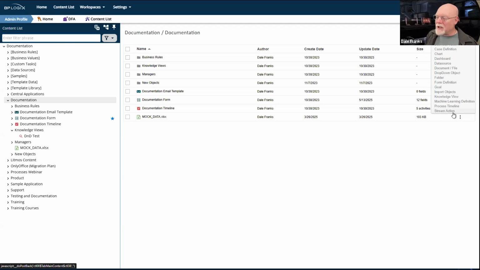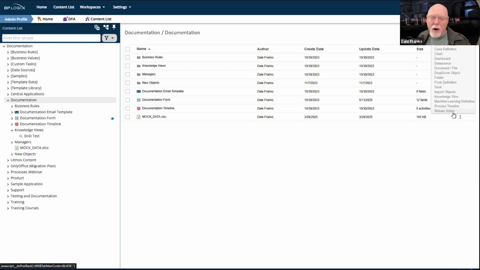But this does not affect existing workflows. So your existing workflows will continue to work. In fact, we're not even going to strip workflows out of the product next year. They're still going to be there. We're just not going to offer any more support for any of the existing workflows. So ultimately, you are going to have to convert any workflows that you have to process timelines. But we are not going to start rooting around and just ripping out the workflow functionality. What we are going to do, however, is prevent you from creating any new workflow definitions.